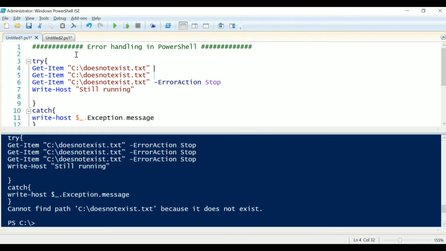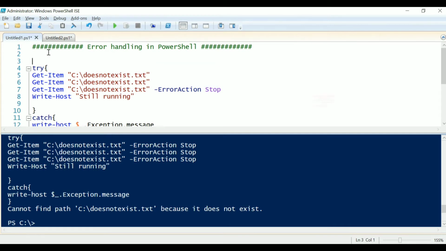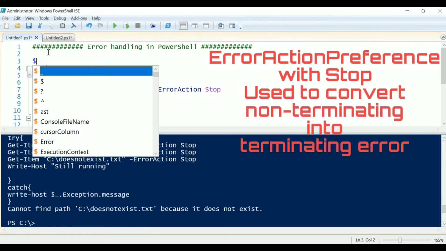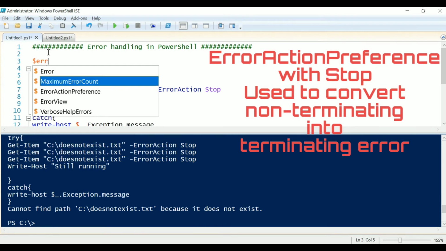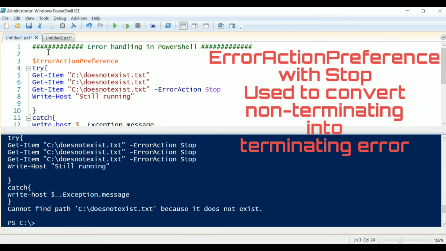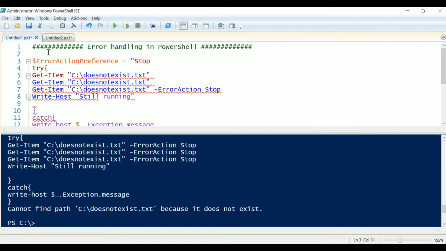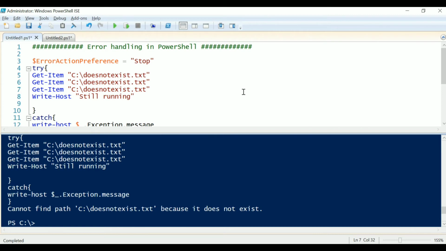So for that we have one predefined variable, that is ErrorActionPreference. You can set the value of this ErrorActionPreference to Stop. And now you can delete this one. Now if I execute this program, you can see we got the output from the catch block directly.